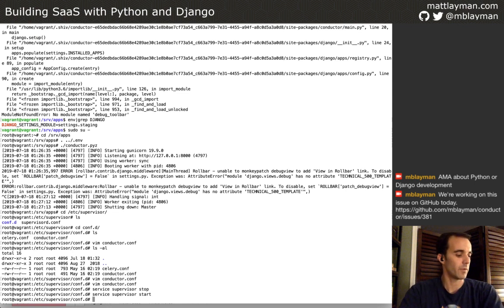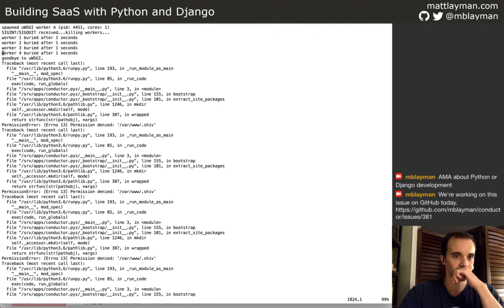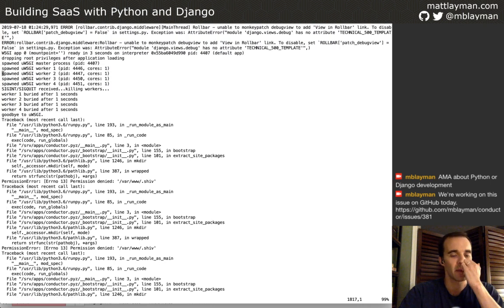now we need to confirm if anything actually ran or if it failed. So we can check a couple of places. Let's check the log file. Oh, interesting. So this is a new error that we're going to have to figure out. What's happening here